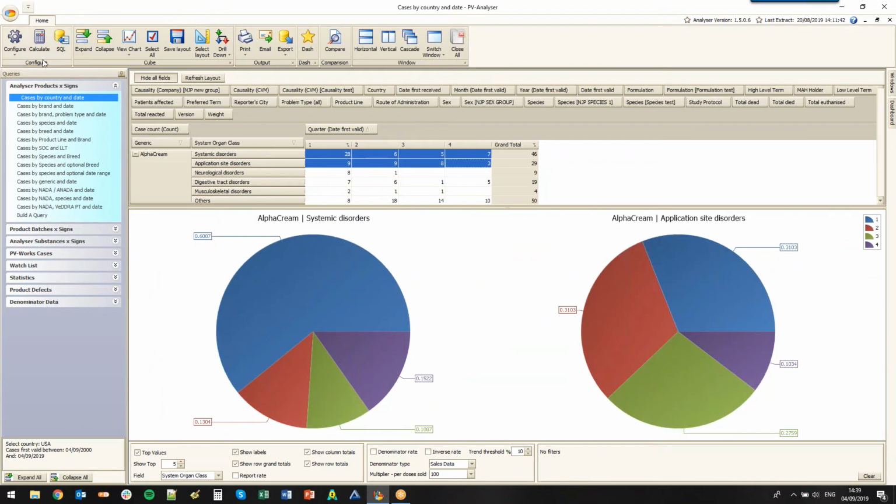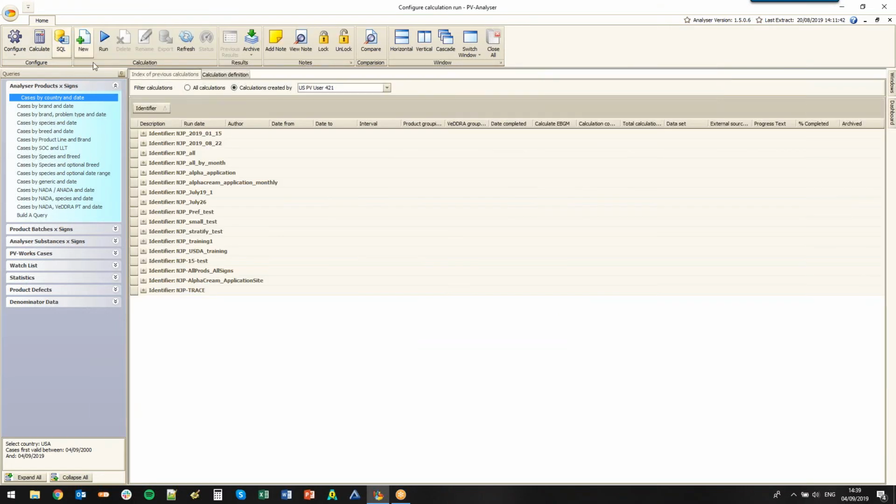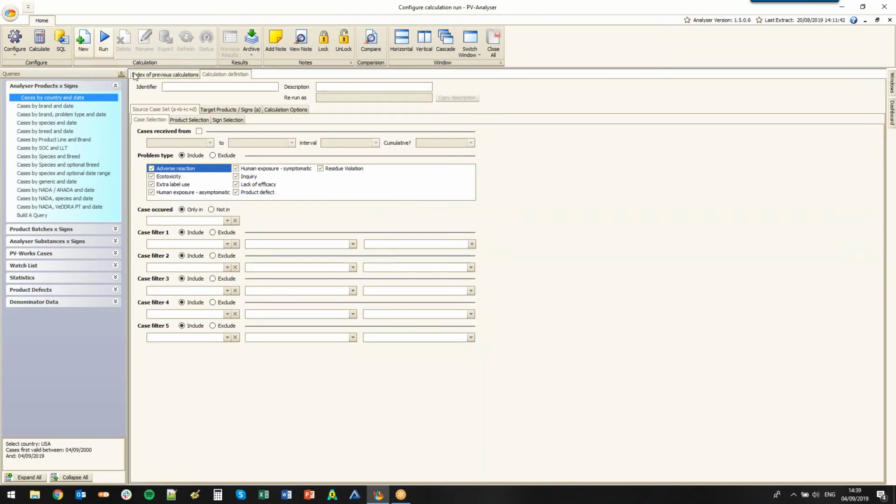Another feature of PV Analyzer is our statistical calculation engine, and we'll go and look at the statistical calculation next. And I can go here to do that, and to show you this I'm going to talk through the process of setting up a new calculation. So if I select the new button, the first thing we do is give the calculation an identifier. So we'll call this NJP demo number 1, and I'm actually going to put that same value into my description